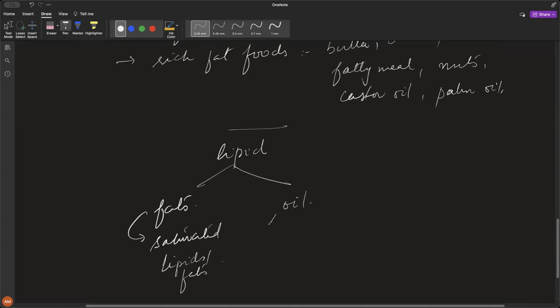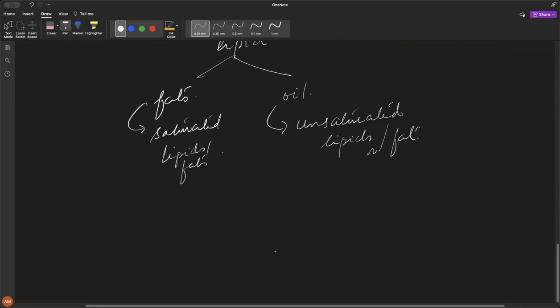And oils are generally called unsaturated lipids or fats. Generally, these are oils at room temperature. Why is this distinction? We need to understand